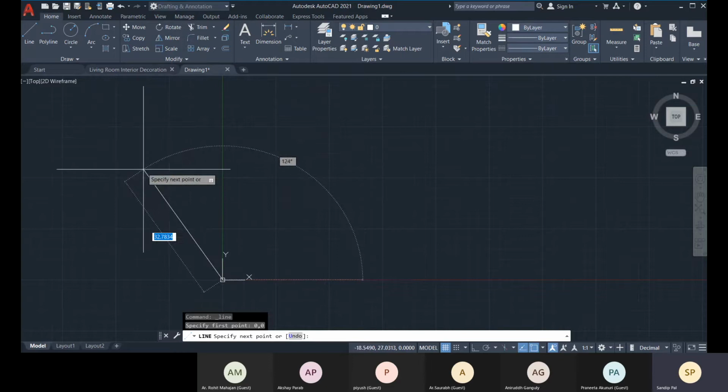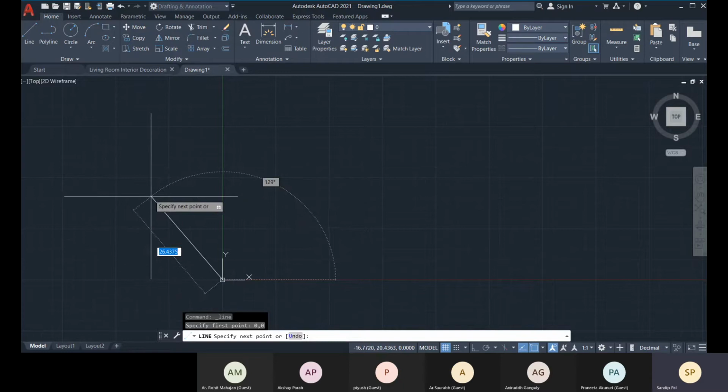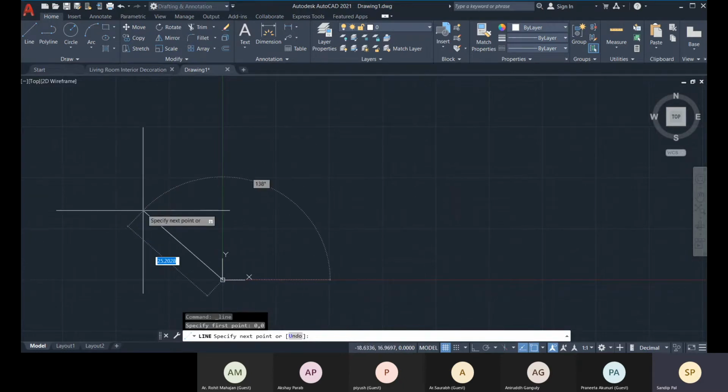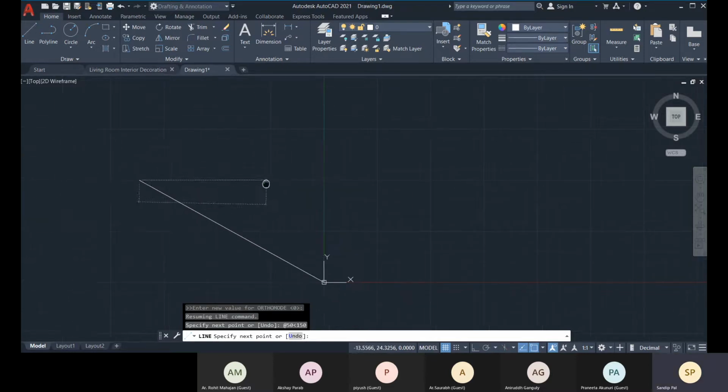If you want to create it at a specific angle, you can provide the angle with the length. For that you can define a polar coordinate: at the rate, the length like 50, then the less than symbol, then the angle like 150. This way you can create your line in a specific angle direction.